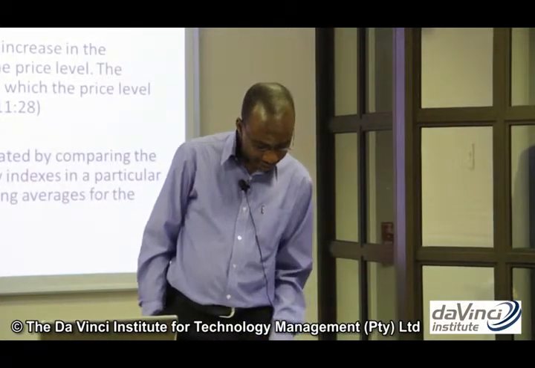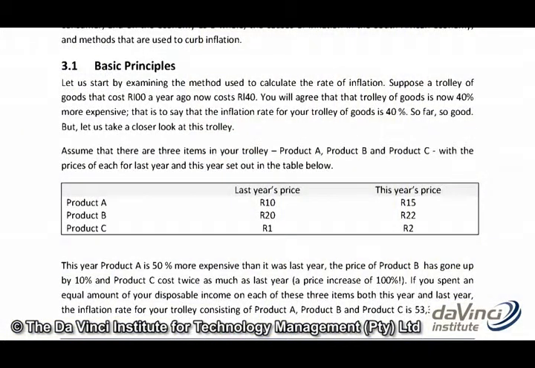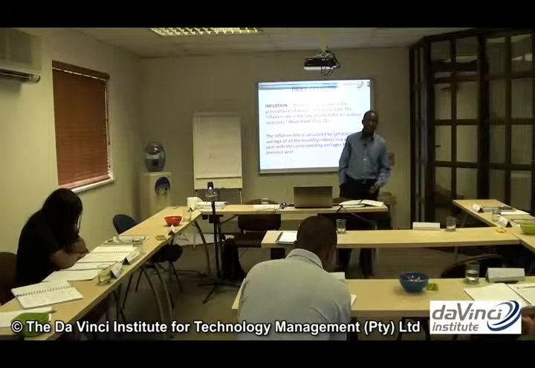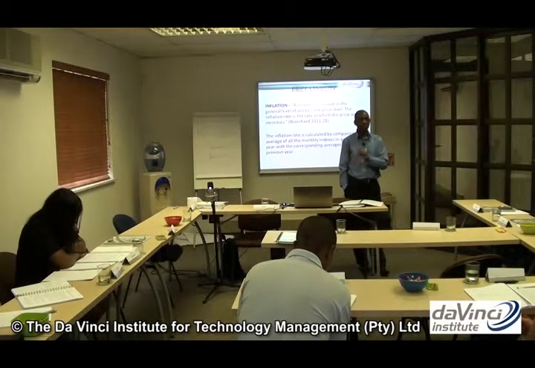So if you look at that example, you find product A. What was the price this year? What is the price currently? This year it's 15, last year it was 10. That's a 50% increase, right? Okay. That's a 50% increase. But then looking at just that, you would say the prices have increased by 50%. But then the calculation of inflation goes beyond that to say within this basket,